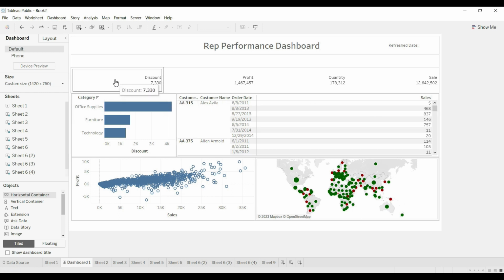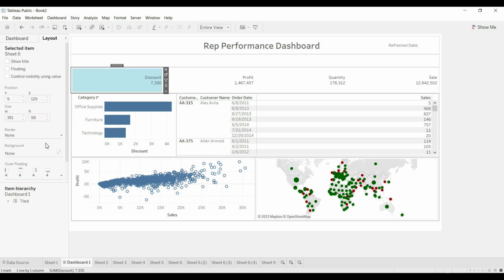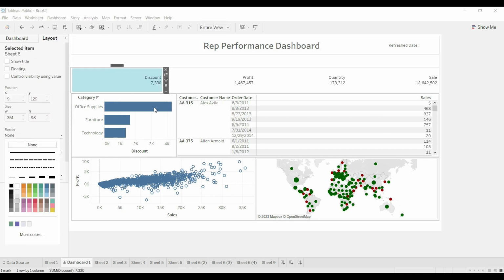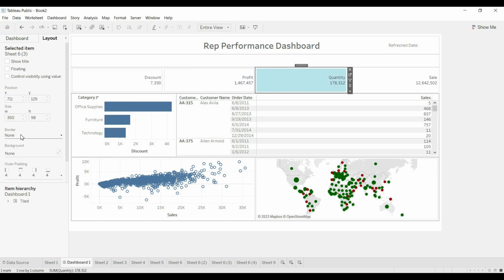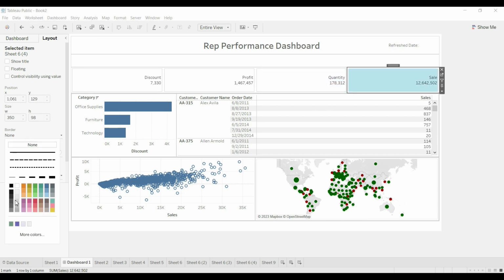We can format them, but for now I'm not doing that because that is not the purpose of this video. Here I just wanted to show you how we can create a layout and how quickly we can add charts in them.